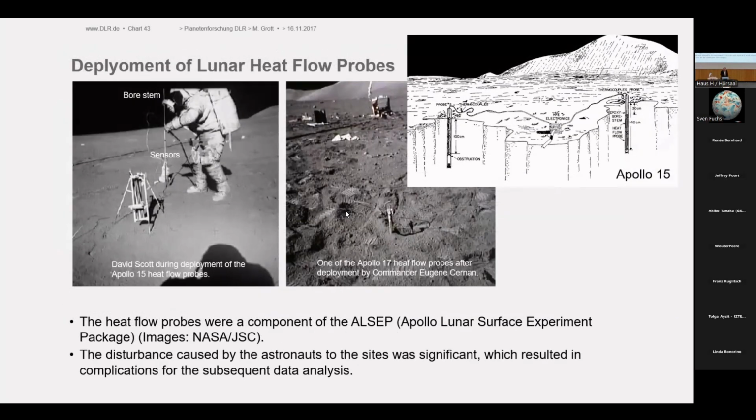And here is a cartoon of what's been done during Apollo 15, where they actually didn't reach the target depths. They reached a little more than a meter here and a little more than 1.5 meters over there. But still, that was sufficient to do a reasonable estimate. And what you see here on that side is